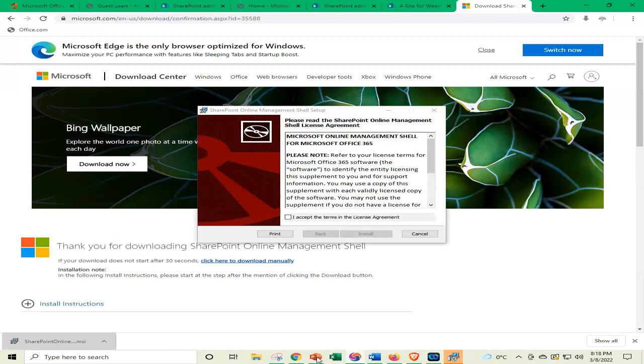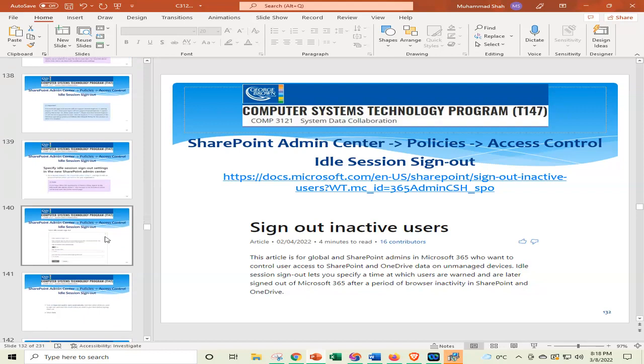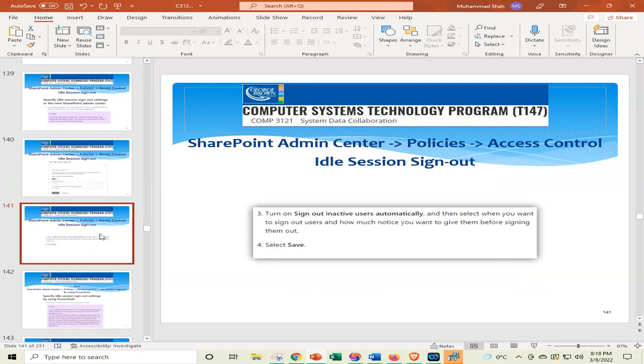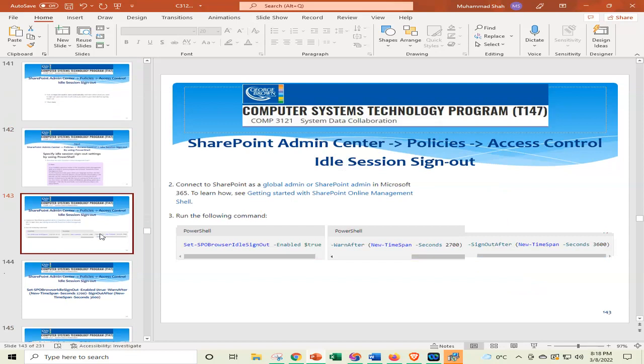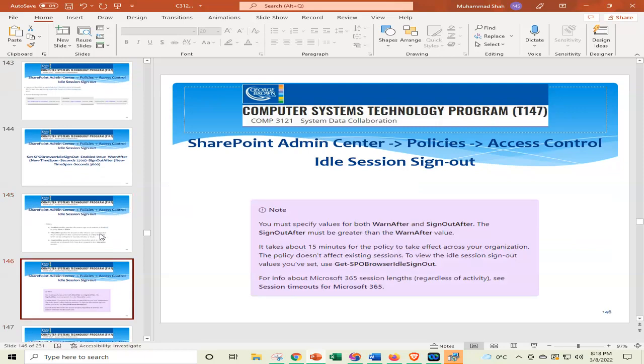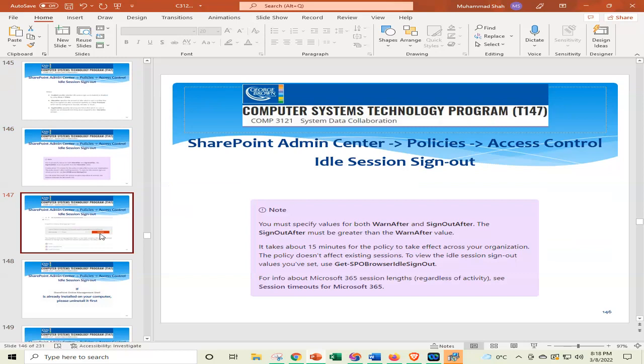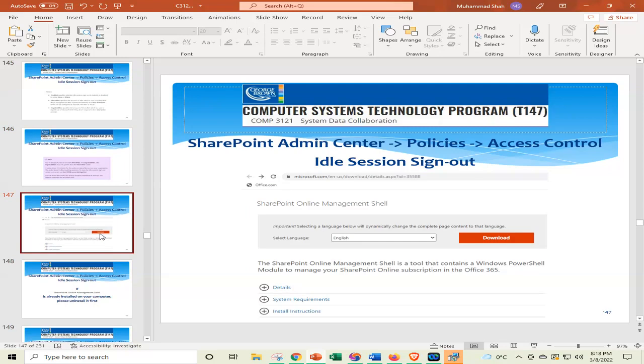I have noted a few things in our PowerPoint slides, that when we get this software, this is the final command that we want to execute. But first we will see how we will get this software. These are the options that we use in the command. So like on this page, we will download, and